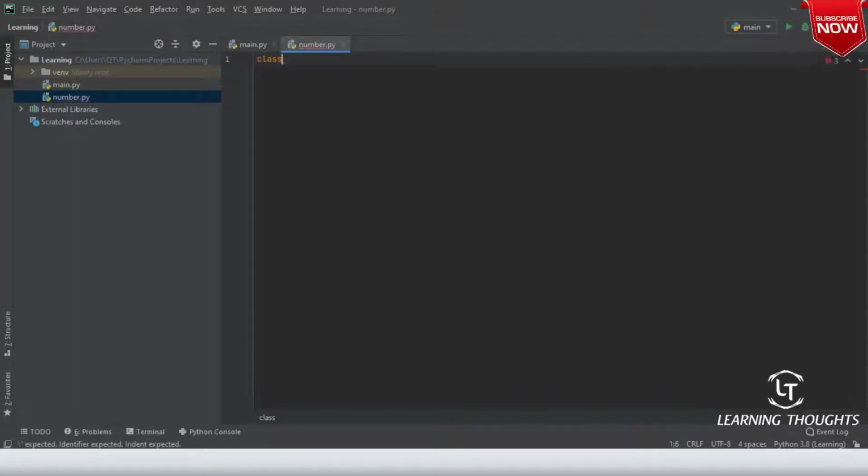Saying class and then number, I can define my class something like this. Is this visible to you, or do you want me to increase the size?